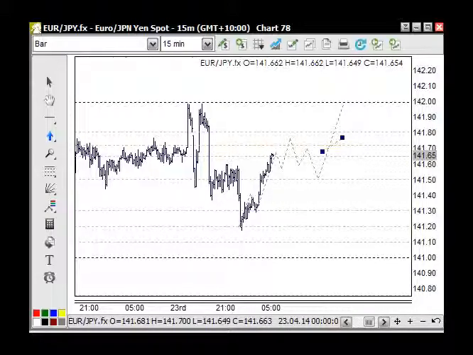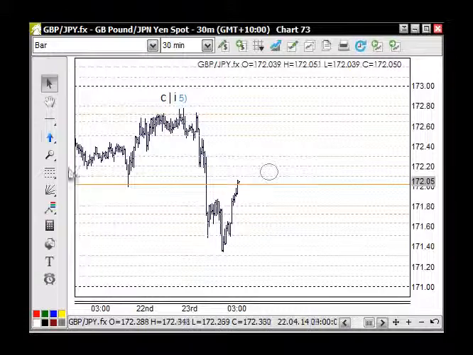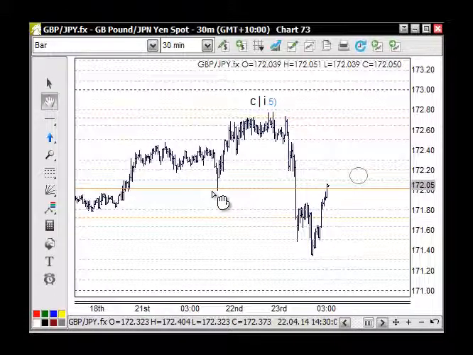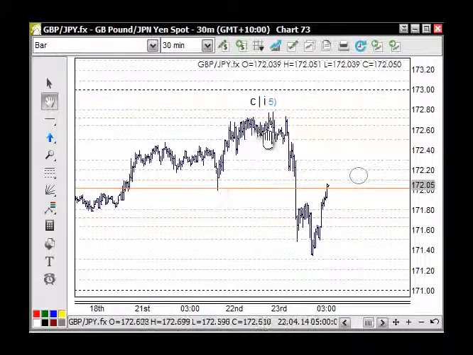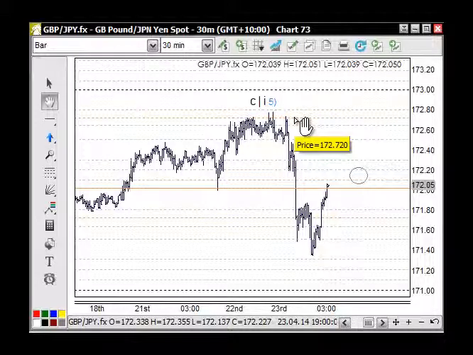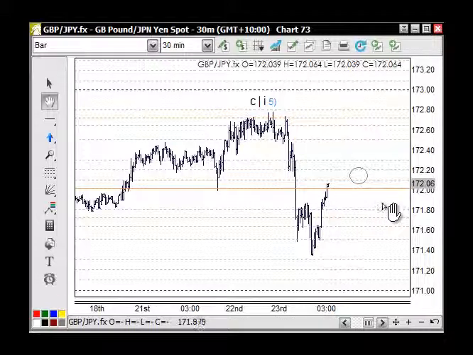Right. The pound yen, yesterday we were, in a bit of a nutshell, counting 5 waves completing up into the 172.72 area through here. We know that 272 and 772 play a strong role, and we can see that there. This market is also working across the 172 here. So the move down through here, even though it appears